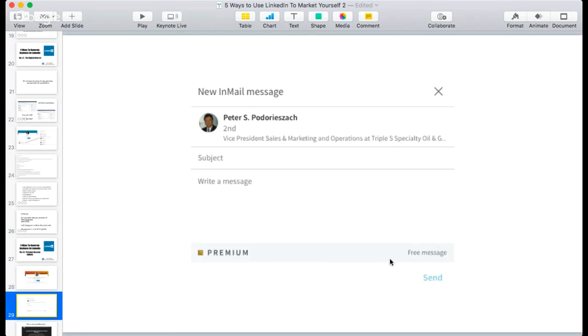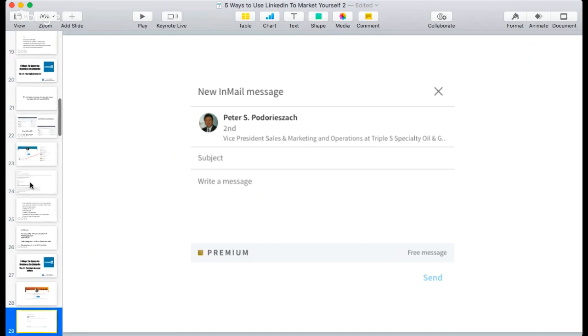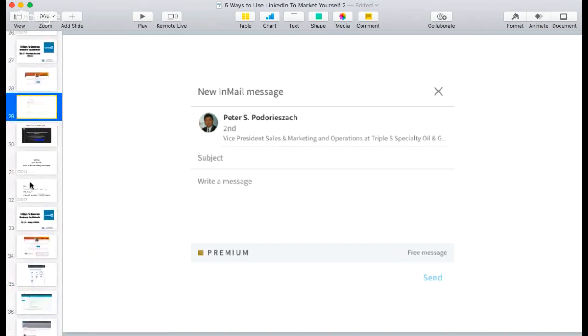What you're going to look for is down here. It's a little bit gray. You can't really see it that well, but it's this free message. Roughly 70 to 80% of people on LinkedIn that have a premium account have their account set up so that you can actually send them an InMail message. So if I were to send this to Peter, I would save myself, say, $10 if I had a free account. Now, the other thing I'm going to tell you about, I have a premium account, and I literally have no one ever reaching out to me on my premium account. I'm going to guess very few people actually leverage this tip or trick.